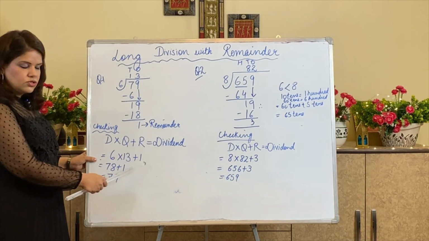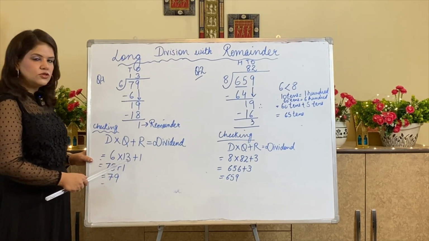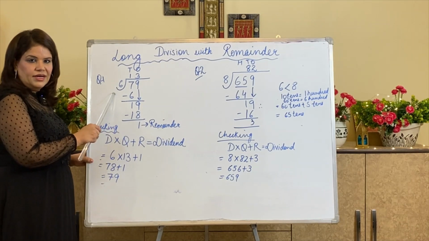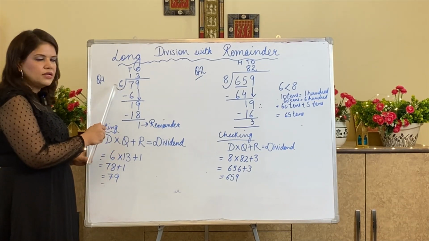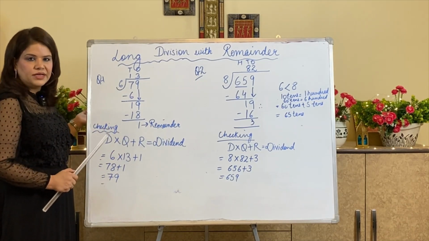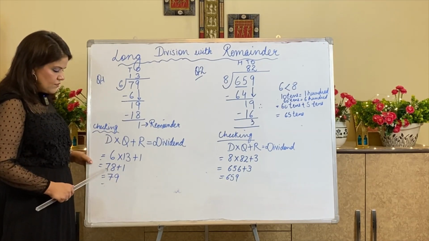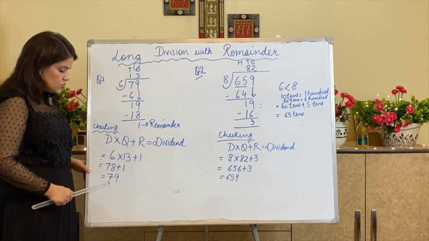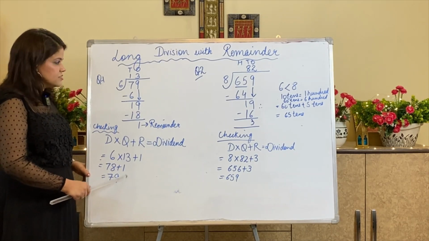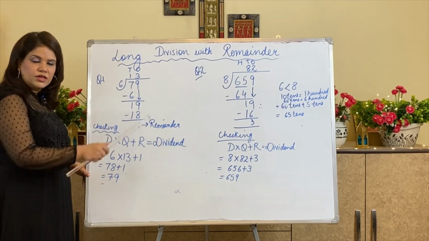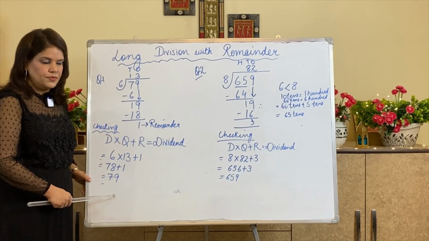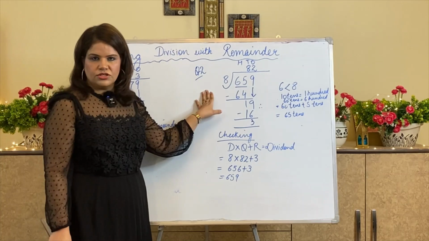So when we solve this, we are getting 6 into 13. Understood? It was not completely divided. It left something because it was not in the table of 6. It was not getting completely divided by 6. So 78 plus 1 will become 79. So this 79 is my dividend. So this means my division process was correct. Now I am taking a 3-digit number.